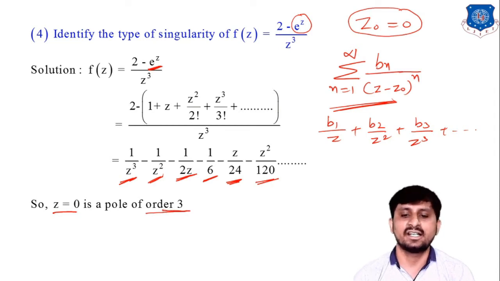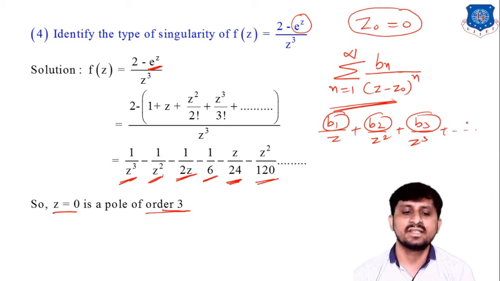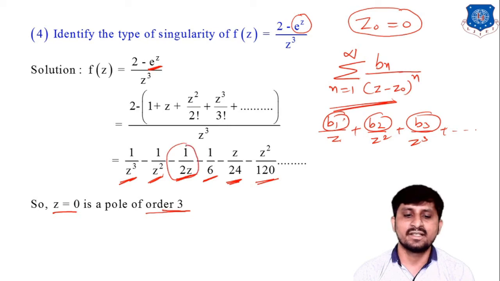Okay, because there are only 3 terms. We have only b1, b2 and b3. From b4 all the terms are 0. From b4 the values are 0. Okay, and if you remember the definition of residue, what is the definition of residue? The residue is nothing but the coefficient of 1 upon z minus z0. So here the coefficient of 1 upon z is exactly our residue. That means what is the coefficient of 1 upon z here? From this term you can easily understand the coefficient of 1 upon z, that is minus 1 by 2.